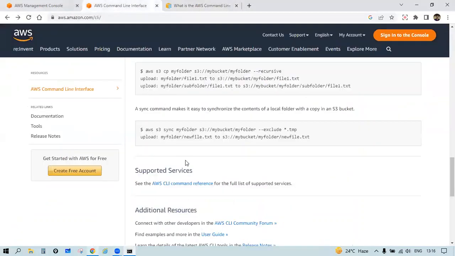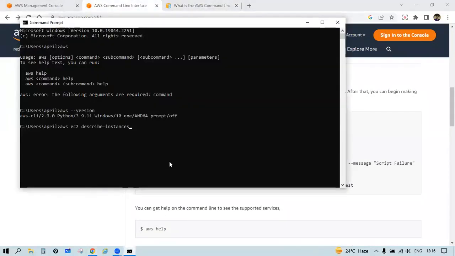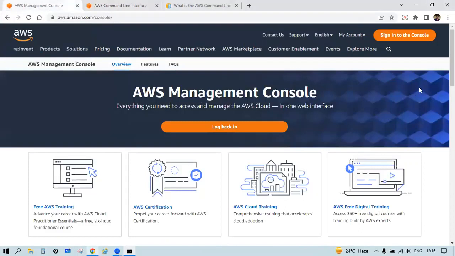So for the configuration, let me copy this particular command and type it in this CMD, and what I will get is an error occurred when calling the describe instance operation. So AWS was not able to validate the provided access credentials. So basically I need to configure the user so that I'll be able to use this command prompt with my Amazon Management Console, right? So for that, let me log in to my Amazon account, and I am logging in